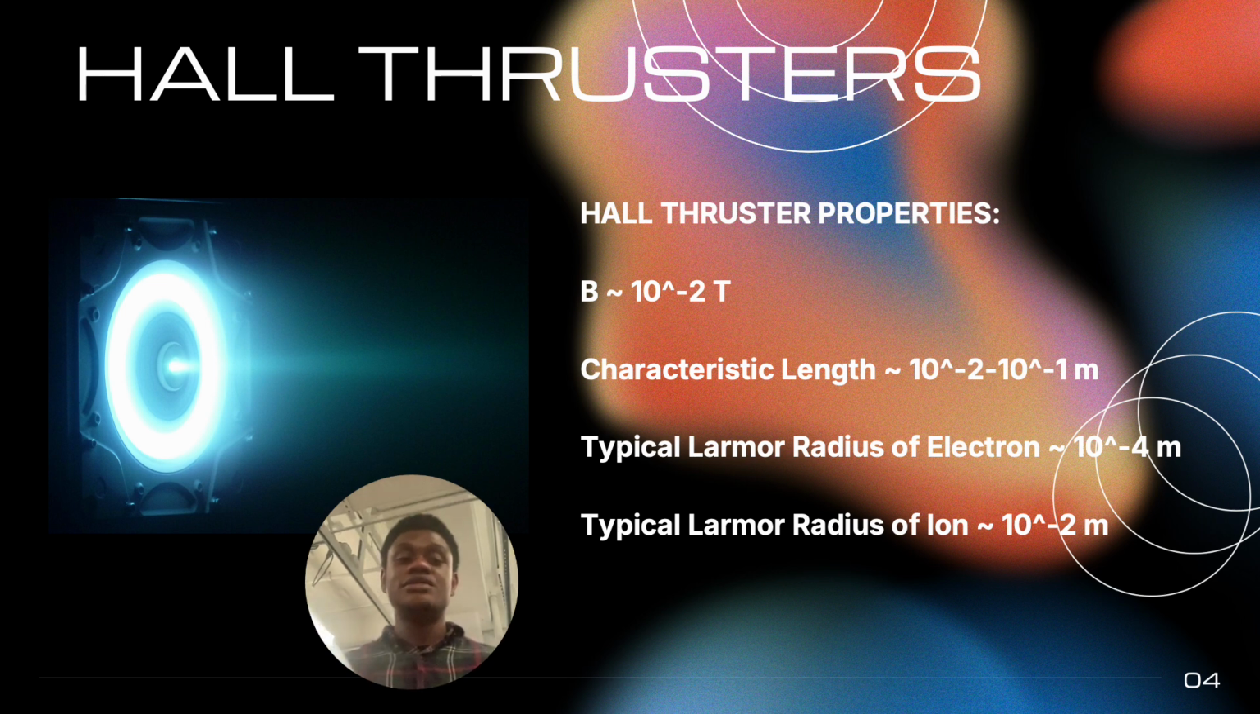And we can see this through the typical properties of Hall thrusters, which have a characteristic length of about a centimeter to a decimeter, and a typical Larmor radius of an electron inside the Hall thruster is usually about 10^-4 meters versus the ion at 10^-2 meters, which is about a centimeter, which is the same as the characteristic length. However, for the electron, it's much smaller, meaning that the electron is magnetized, and